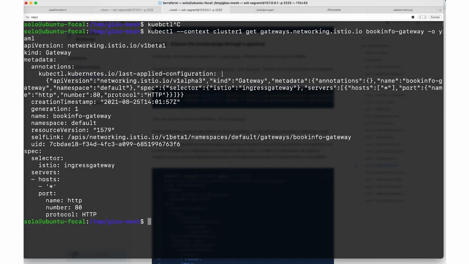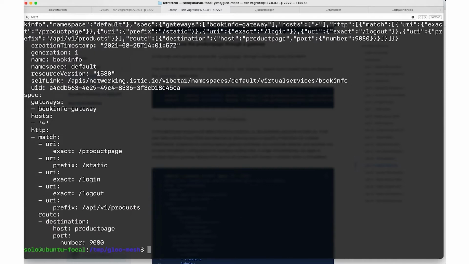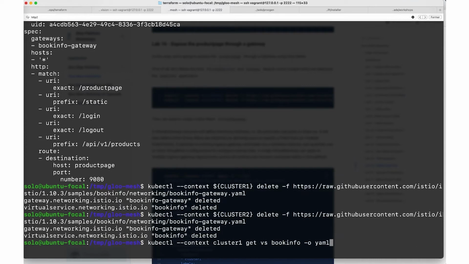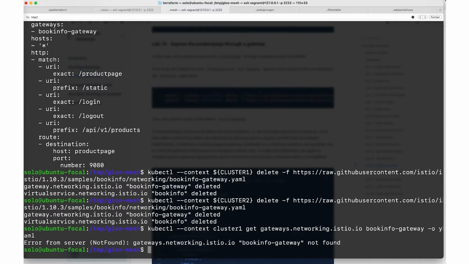If I show you the current situation on cluster 1, I have a gateway Bookinfo, and on cluster 1 I also have a virtual service for that. And you see the gateway listens on port 80, and the virtual service exposes my product page, right? So I'm going to first delete these things here so that I don't have them anymore, right? So I'm starting from scratch,